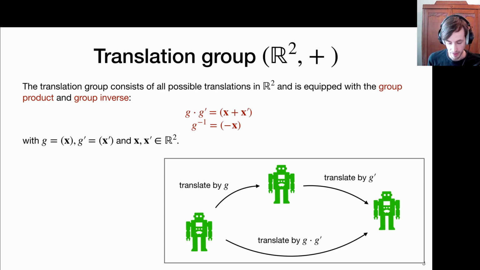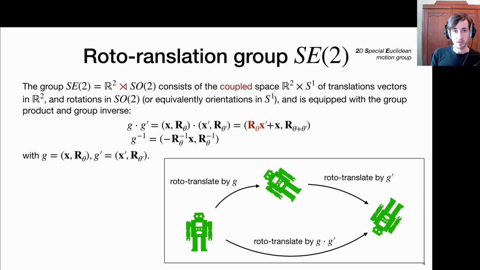You might wonder here, why do we need a group structure at all for the translation group? And I guess the answer is we don't, because these really behave as vectors. We just add them and we subtract them, and we can do that with vectors. But we do this with this new notation, the group product. And I do that because if you now move on to the next group, the roto-translation group, we no longer can simply add the group elements